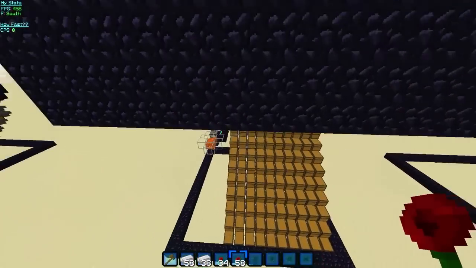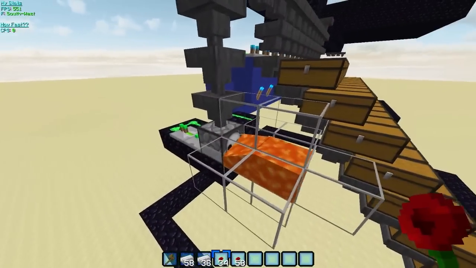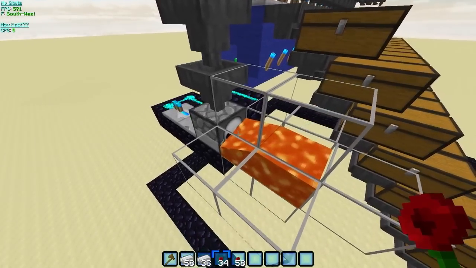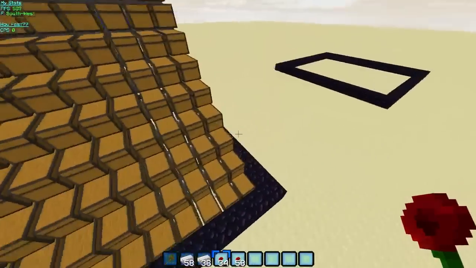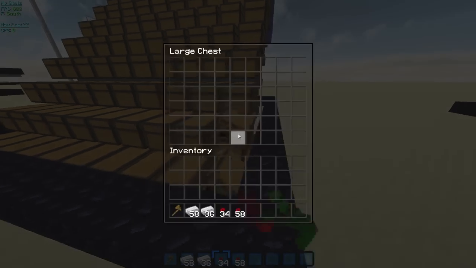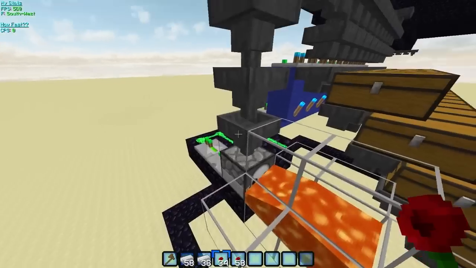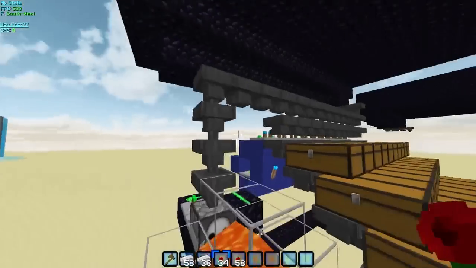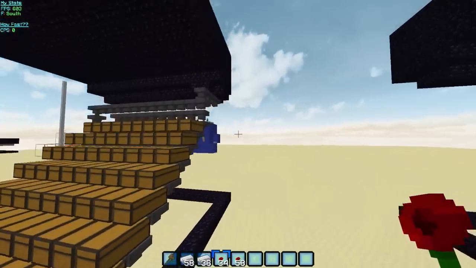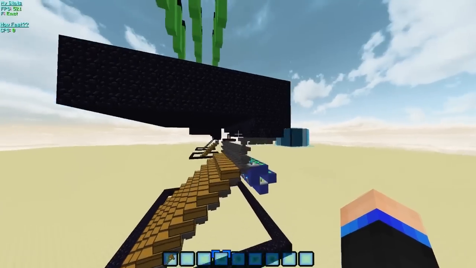So if we spam all those in there, then we come right over here, you'll be able to see these poppies being spit out of here. So there you go. As you can see, there goes the poppies into there. And if we come down over to here, you'll see the iron is going into the chest right here. So it works really well. I haven't had not one problem with this system right here. So let me just get rid of this stuff right here,